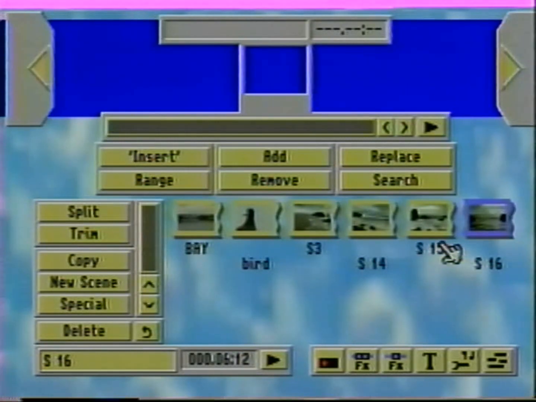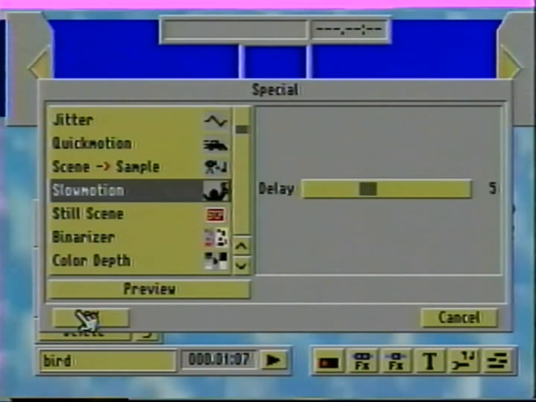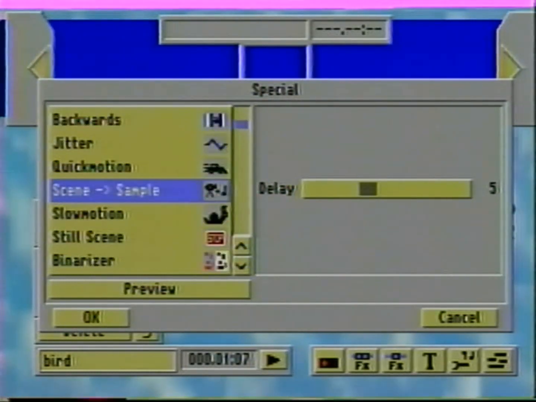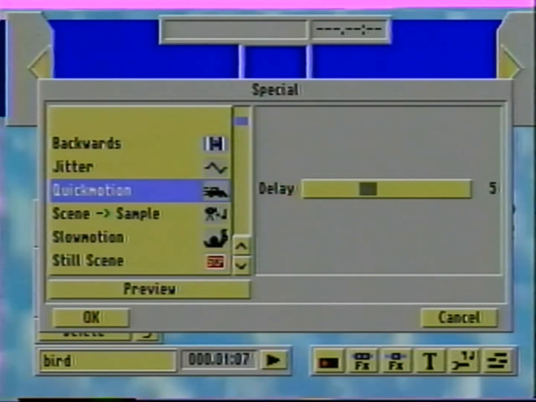Now we're ready at this point to start doing some special effects, actually start building our storyboard. So let's take the bird, because the bird is the one that I wanted to do the first effect on. We'll click on bird, and I want to put him in slow motion as he moves. Slow motion and backwards and all of our motion effects are found under the special button. So we'll roll over here to the special button, click on it, and roll to slow motion. Now, as you can see, I've got slow motion, quick motion, jitter, and backwards up here. I'm going to go down to slow motion,